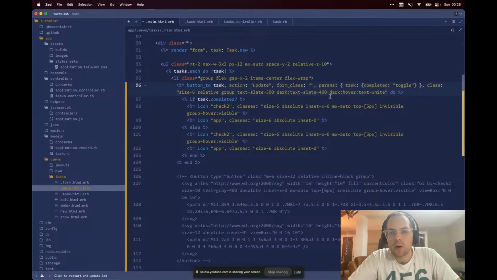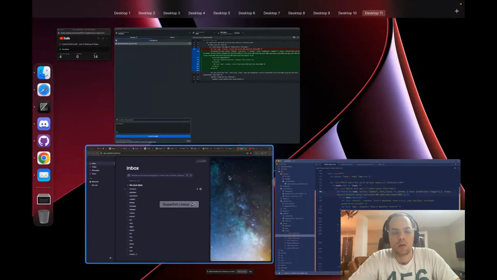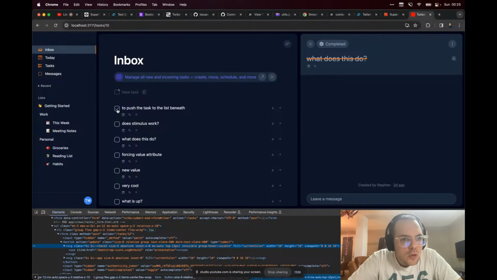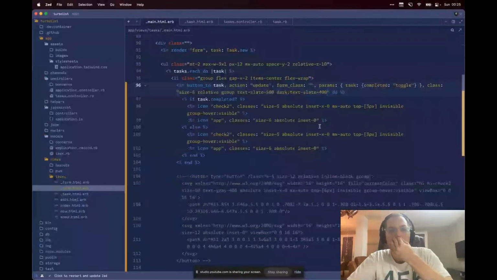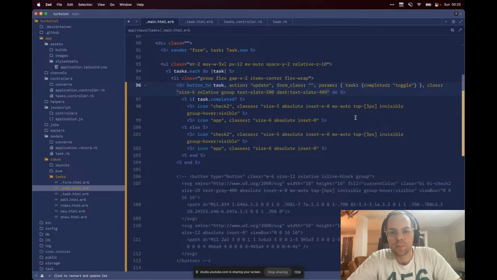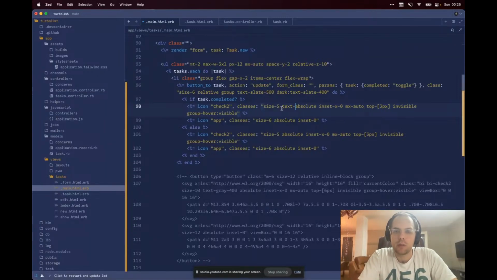Let's drop our text hovering, so let's not change that, but let's set a different text color for the check to make it a bit lighter relative to the app icon, the square, which by default is text slate 500, dark text slate 400. So let's go up to